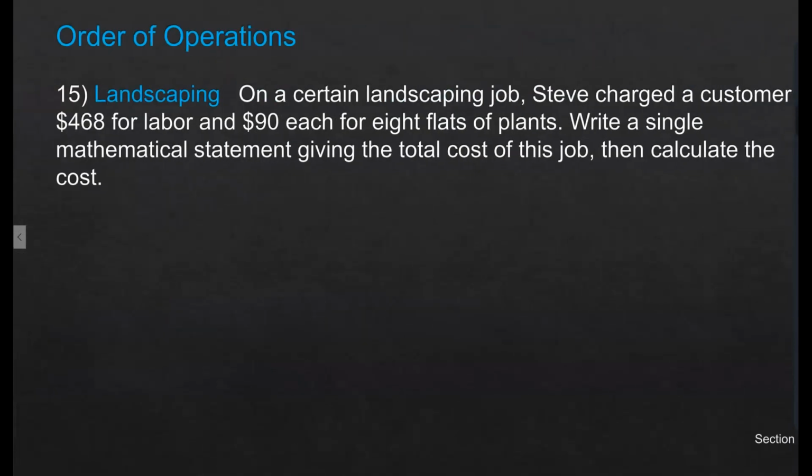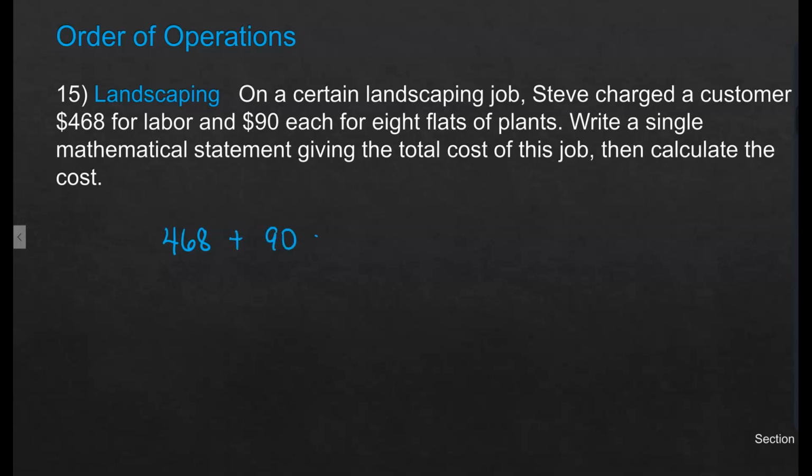All right. So this is a landscaping question. On a certain landscaping job, Steve charged the customer $468 for labor and $90 each for 8 flats of plants. Write a single mathematical statement giving the total cost of this job, then calculate the cost. So you're actually writing out the order of operations on this one, and that would be 468, right? That's the initial charge, that's labor, plus